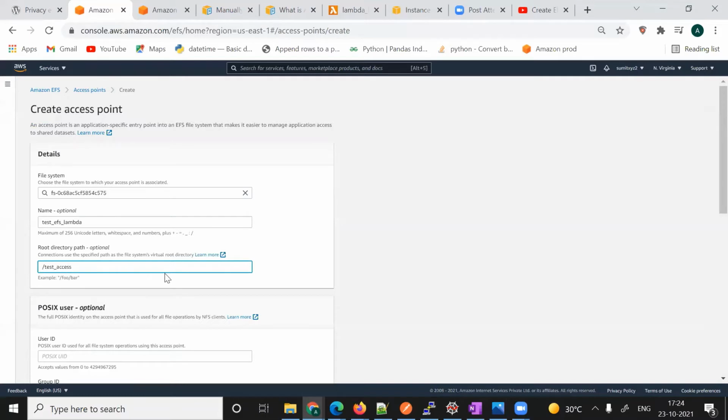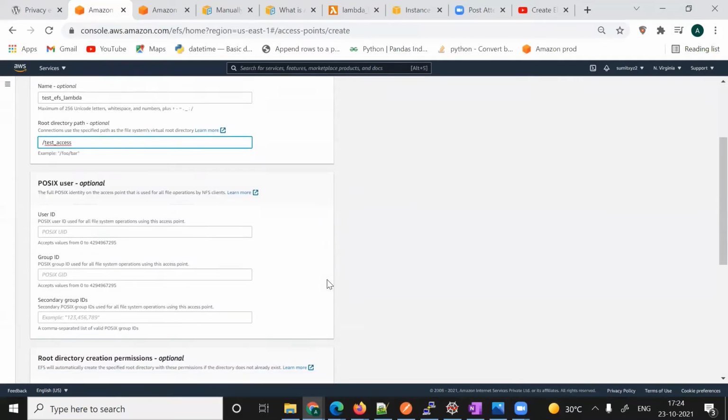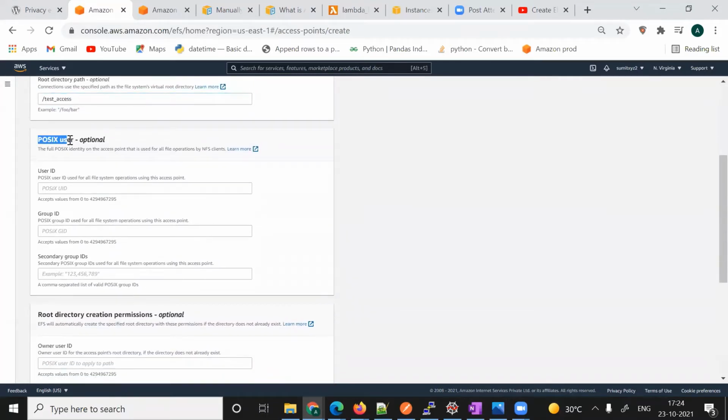Okay, fine. Then there is the POSIX user. This is important if you want to give a user, group and ID access to some files inside this Linux file system. If you want to give access to certain users, you can create a group and an owner. You can go with this option.